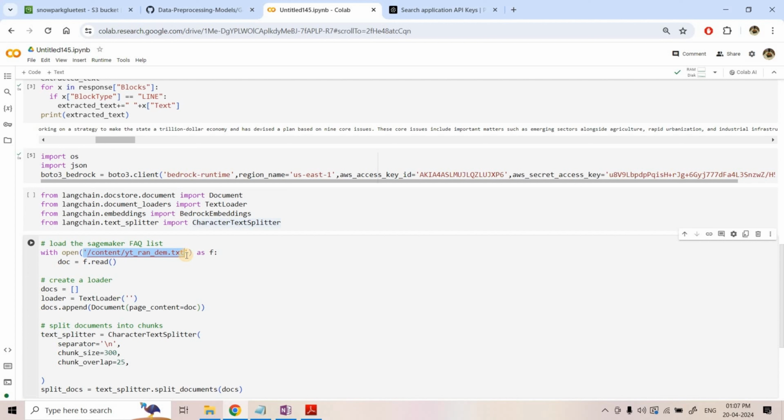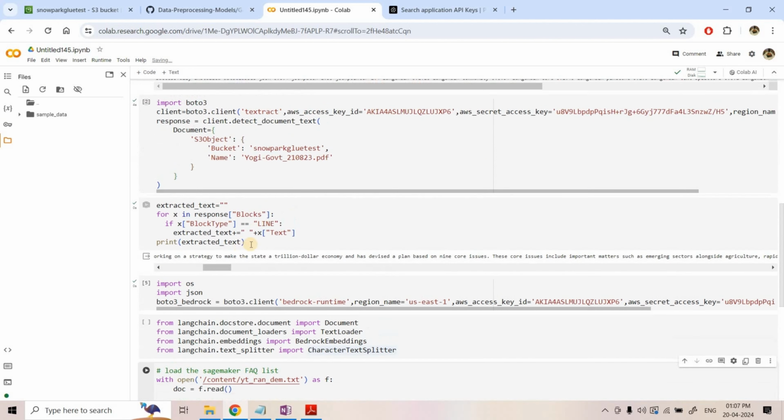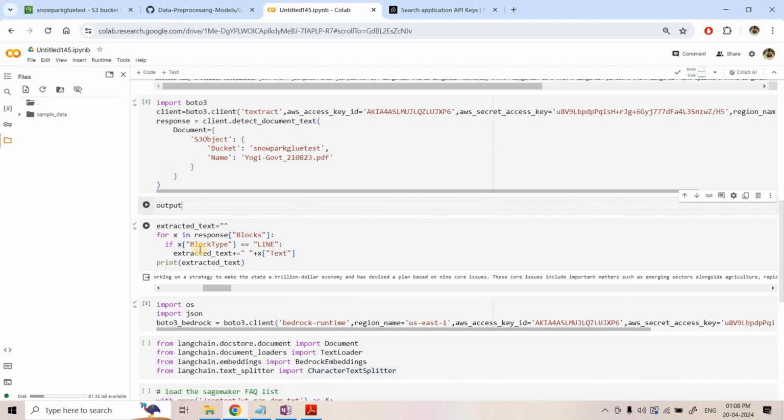If you see, this particular text file was already available in our Google Colab notebook from our earlier video, but currently this extracted document is not in a text file, it is available in a variable. So let's modify this code a little bit so that the information will be stored in a text file instead of in a variable. So here I can give output file name